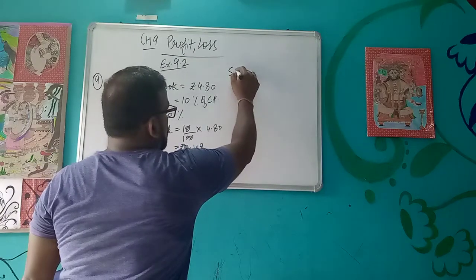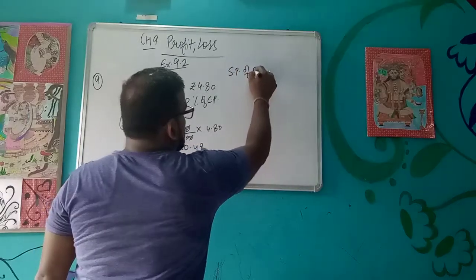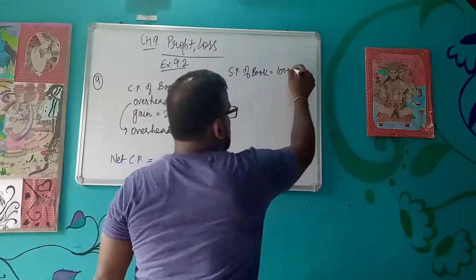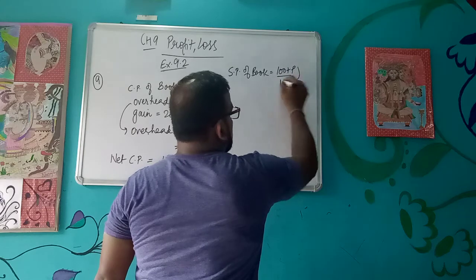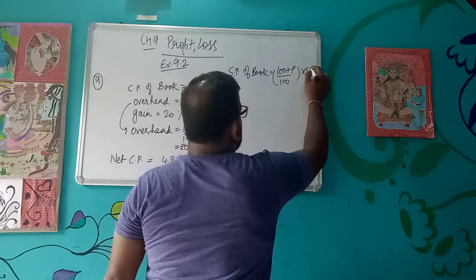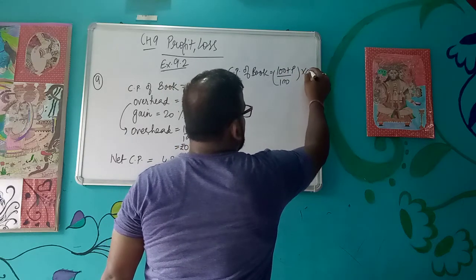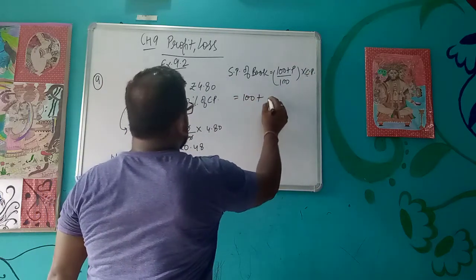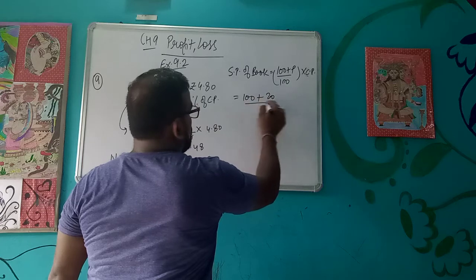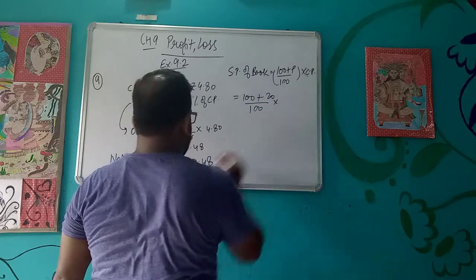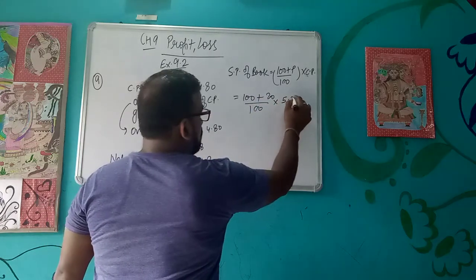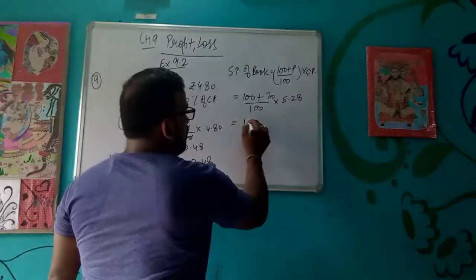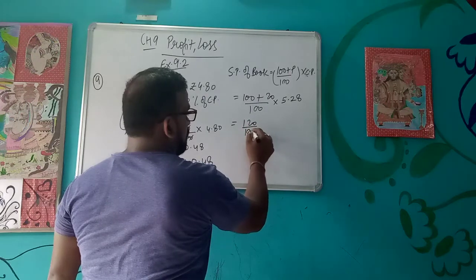So we will calculate the selling price of the book, which will be 100 plus P upon 100 into CP, that is 100 plus profit 20% upon 100 into our CP, which is 5.28. So this we will get as 120 upon 100